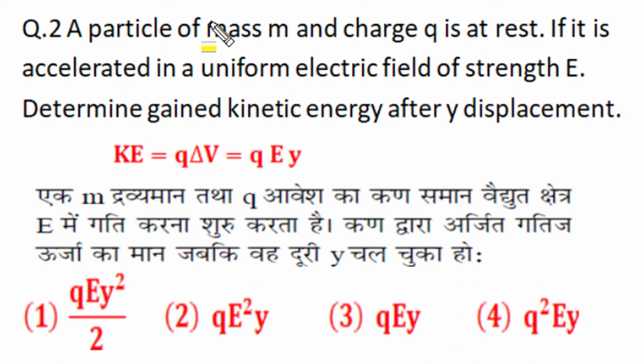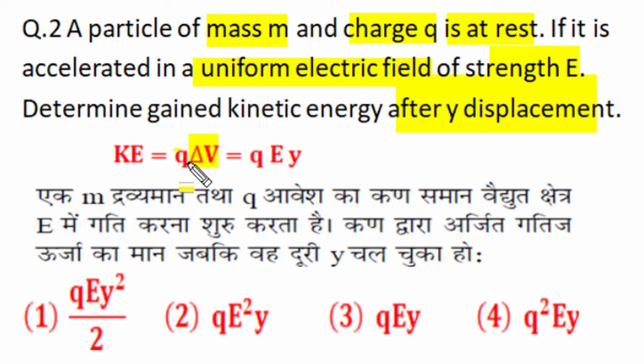A charged particle has mass m and charge q and it is at rest. If this particle is accelerated in a uniform electric field of strength capital E, determine its kinetic energy after y displacement in the electric field. So in these questions, if we can find out the potential difference in a uniform electric field, we